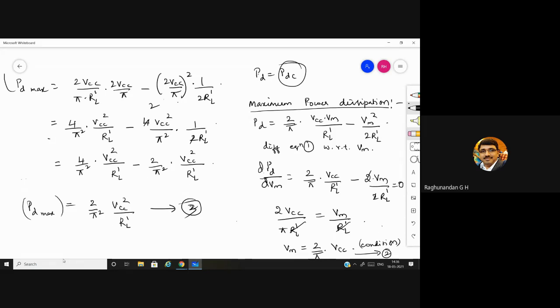Whatever the circuit we are having for the syllabus, here we are not going to consider a transformer at all. I had told you there will be 2 transformers in class B push-pull and 1 transformer. Yes, there will be 1 transformer, but without that transformer also, we can construct the complementary symmetry class B amplifier. That is what we are going to study, and we will take it up in the next class.